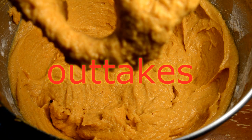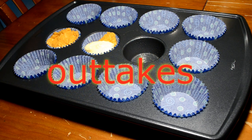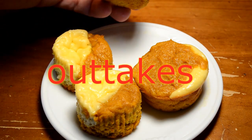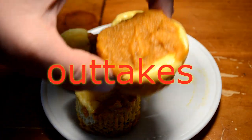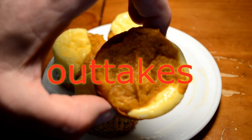I'm going to take this out. Cream cheese filled pumpkin cupcake. Yeah, cupcakes. Muffins. Cream cheese. Now we got this one right here, I made half and half, where the bottom half is pumpkin. And after experimenting, I will say they definitely come out better without the papers on them. So if you just bake them in the pan with